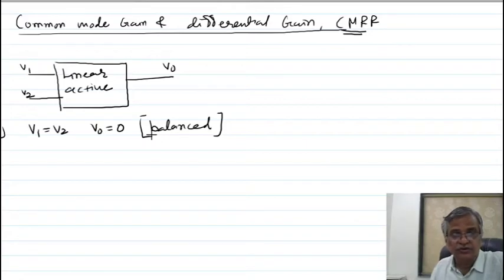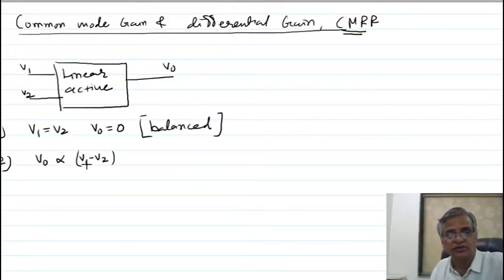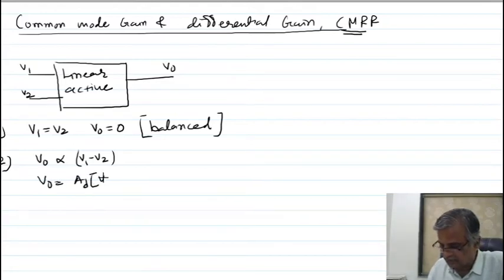I am giving you the important characteristics of a differential amplifier. First property, when both the inputs are at the same level, the output should be 0. Second, VO is proportional to the difference of the input signals. VO depends only on the difference of the input signals. The output voltage VO is proportional to the difference of the two input signals, or I can write, differential gain